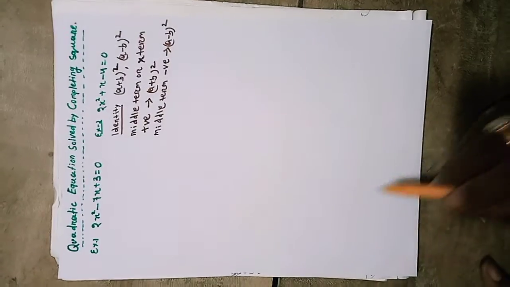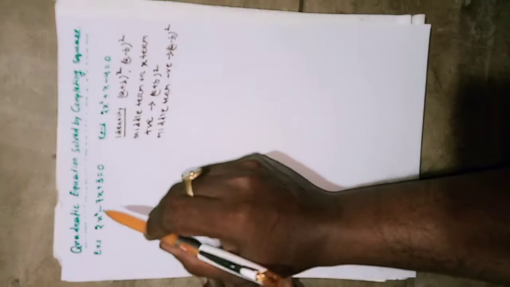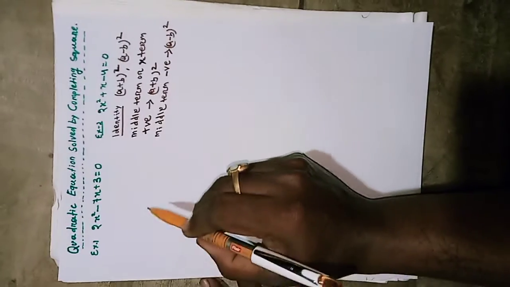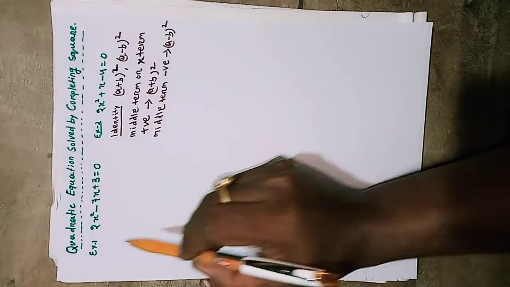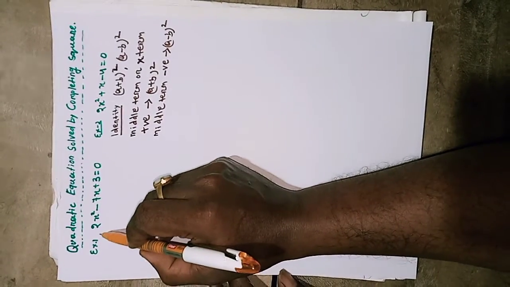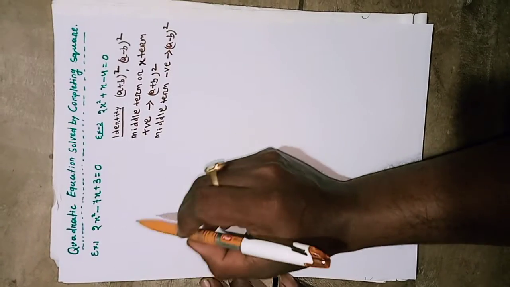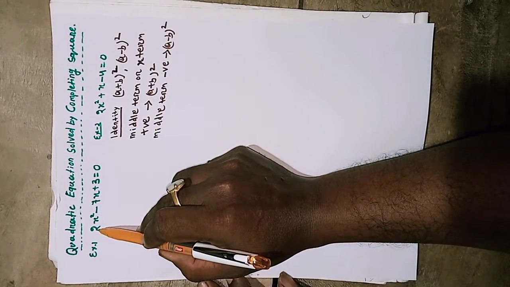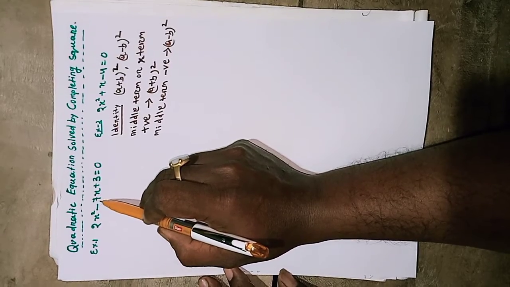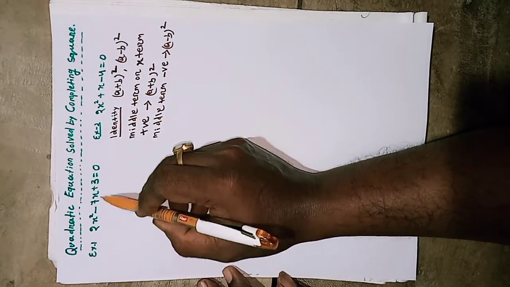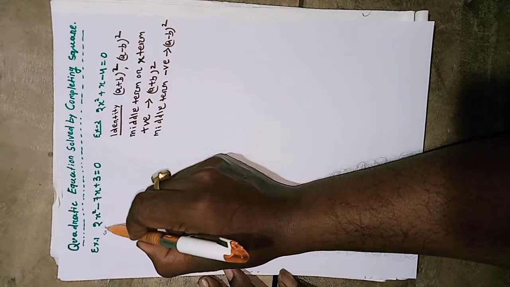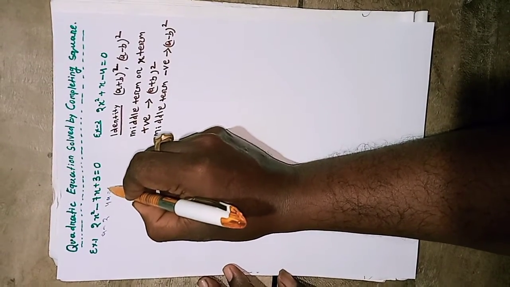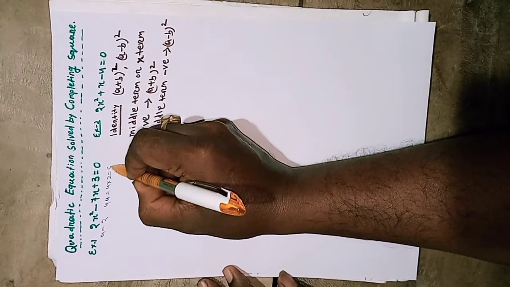Now, try to solve the given equation. There are three methods to solve it. First method is multiplication method. In this method, you have to find the 4a value. 4a value means the coefficient of x square is a, coefficient of x is b, and the constant term is c. So, here a is equal to 2. Then 4a is equal to 4 into 2 equal to 8.